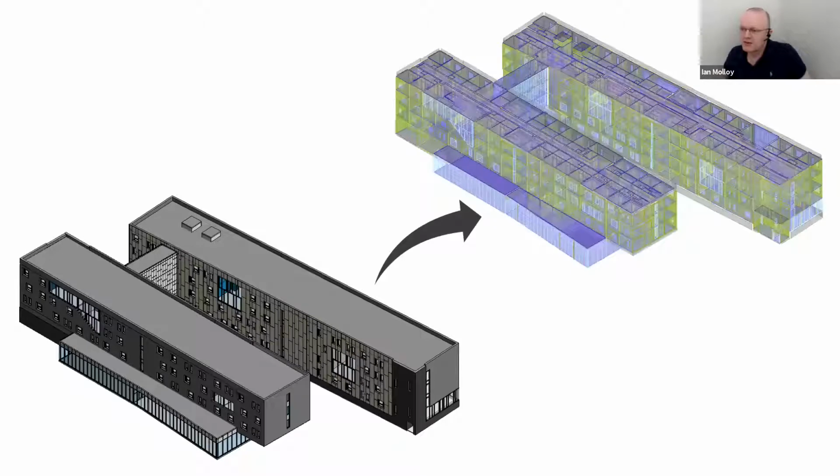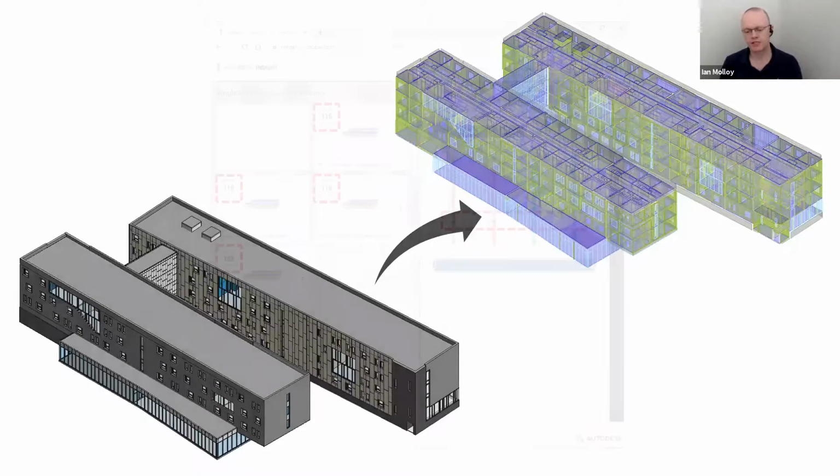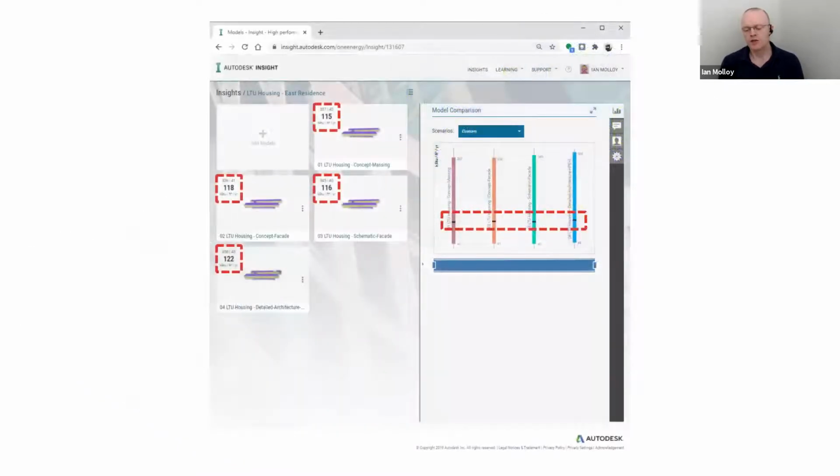But the key thing here is that once you know the tools, once you understand the basics of Revit architectural elements and those energy settings modes and how that geometry is turned into an energy model, you're on your way to really being able to work the way that you want to work with a wide variety of projects and levels of detail. So one of the things I think is really interesting about that is if you take those 4 or 5 levels of detail that I had, from conceptual massing through to fully detailed, and you analyze them in Insight,